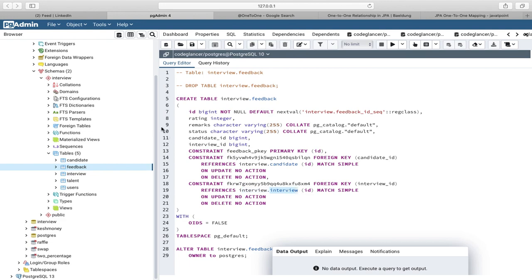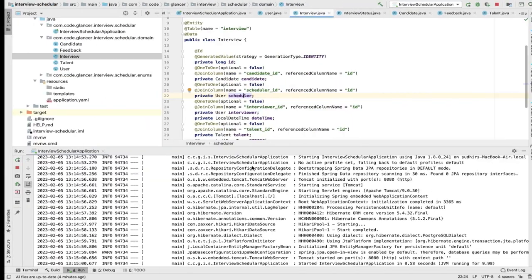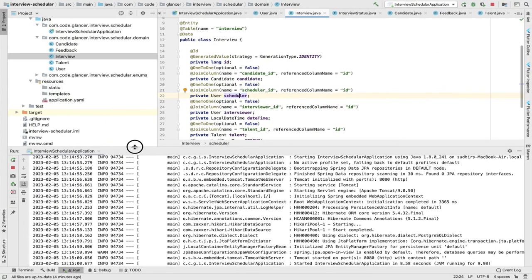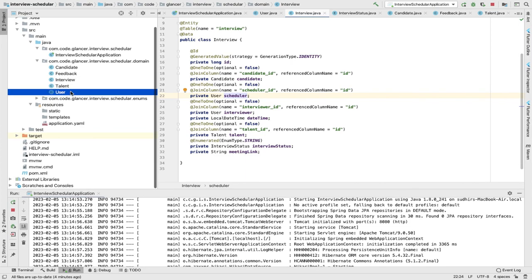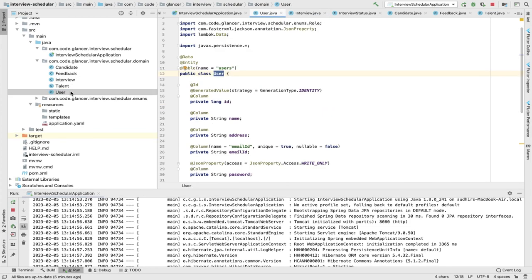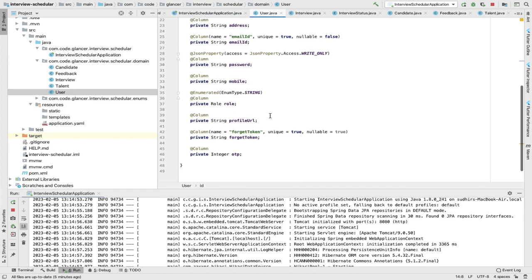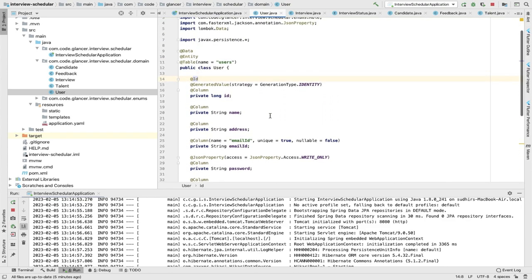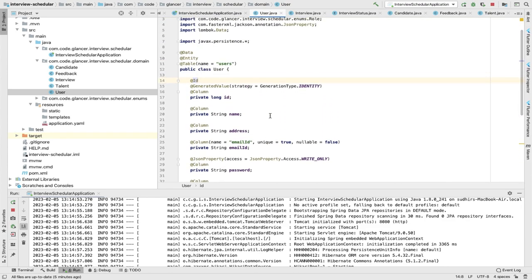Okay, so with this we are very happy, and we are now able to understand the flow between any entity classes as well as Postgres tables, right? So with this I am concluding this video,